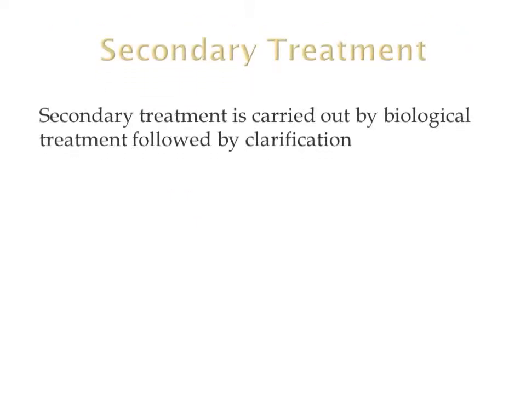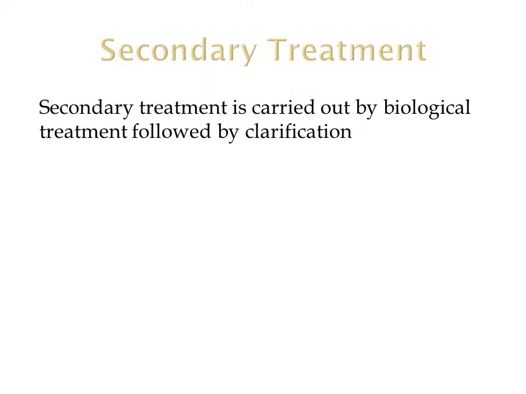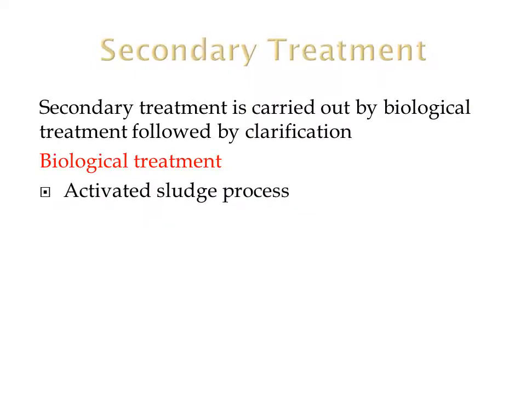Secondary treatment. Secondary treatment is the biological treatment of the wastewater in which microorganisms or bacteria specially degrade the organic compounds that are present in the water. And here, after carrying out the biological treatment, clarification is done, and clarification can be done with the use of chemicals or without chemicals. And biological treatment in the case of the iron and steel industry is usually carried out by the activated sludge process, and the trickling filters method is also used,